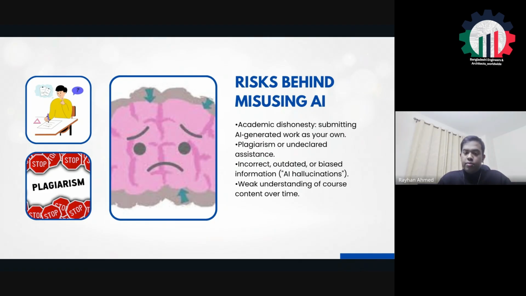Now, plagiarism or undeclared assistance. This is something I want to talk about, because obviously we have to evolve. The education system has to grow, especially with the growing use of AI, which is incredible. I'd say every student at the university or even other universities uses AI at least a little bit. And I think here